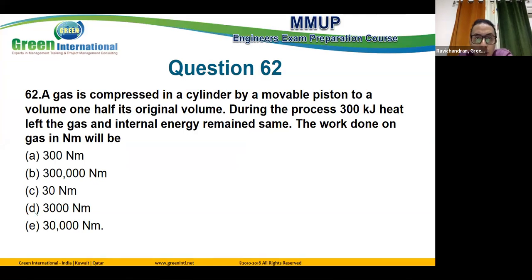A gas is compressed in a cylinder by a movable piston to a volume one half its original volume. During the process, 300 kilojoules of heat leaves the gas and the internal energy remains the same. The work done on the gas in Newton meter will be what? This is a long question, but in small words, read it in 30 seconds and just